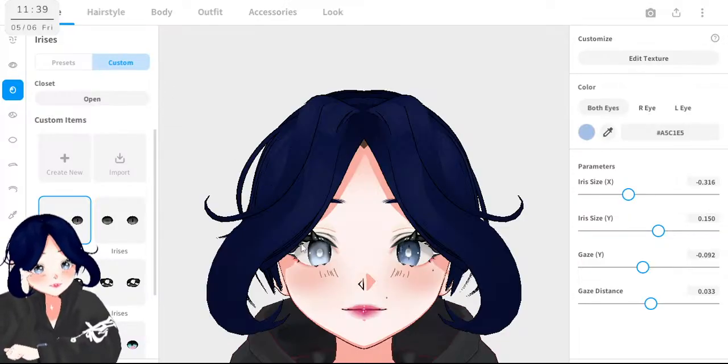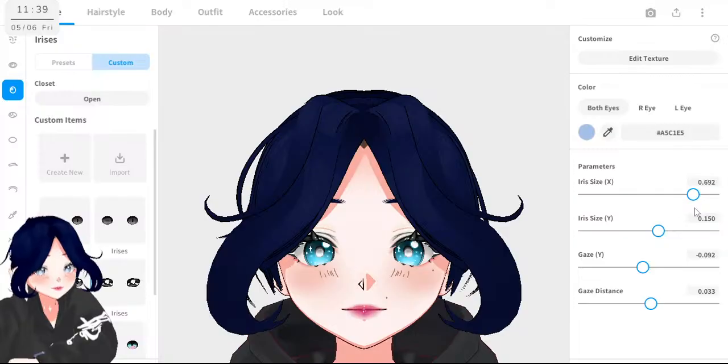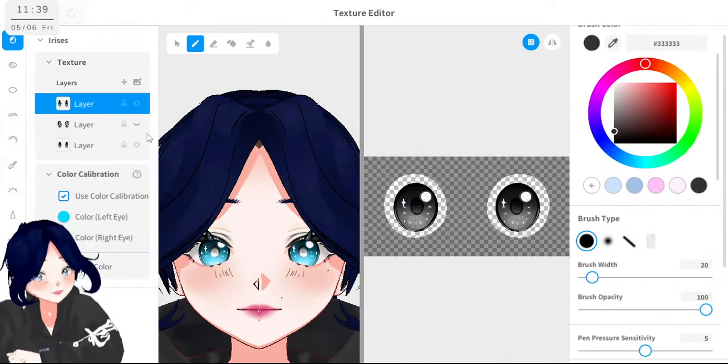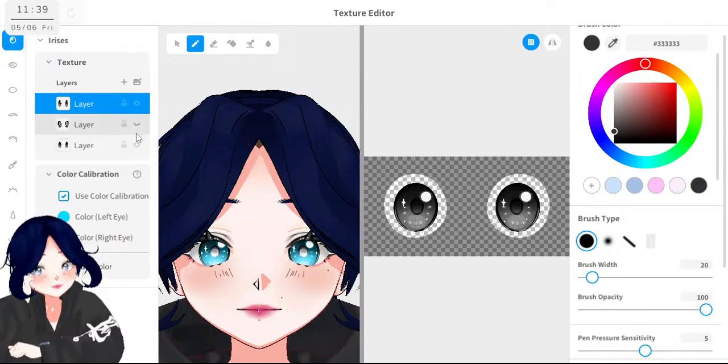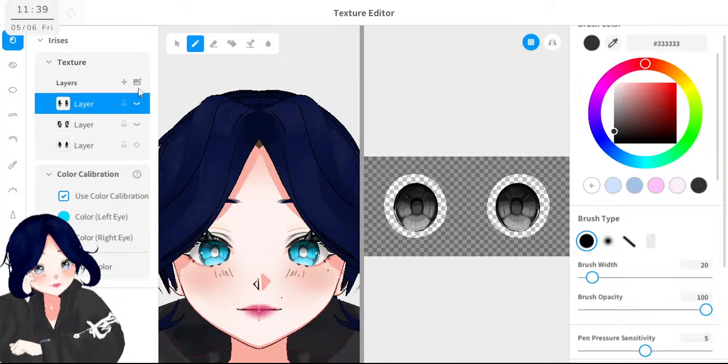Oh. I like the pupils a little more round. Let's edit texture. I like a little of that one.